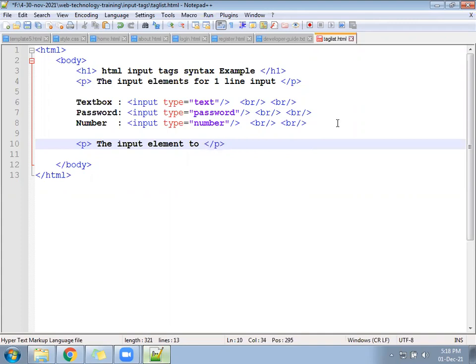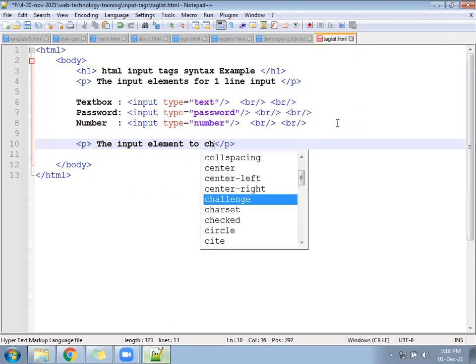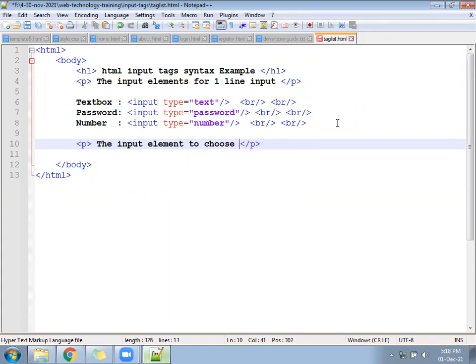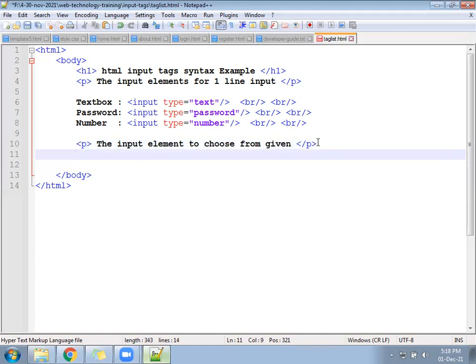The input element to choose from given. The user is going to choose from the given. What are those? We have one, that is called checkbox. Write checkbox.